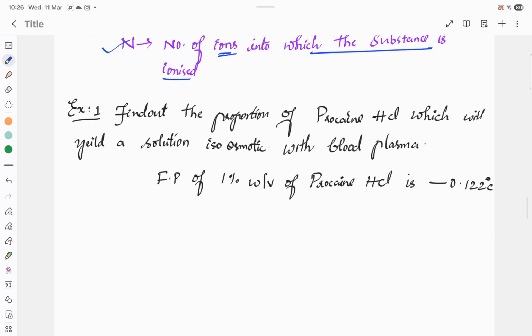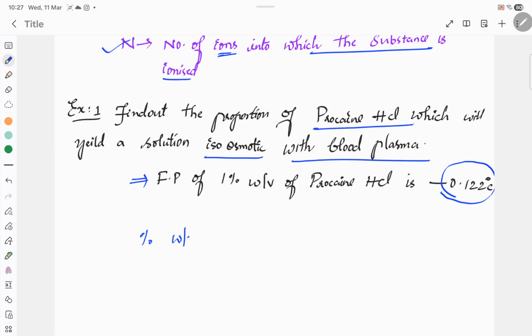So the first example is, find out the proportion of procaine hydrochloride which will yield a solution that is isoosmotic with the blood plasma, and in the problem itself it will be given what the freezing point is. So here the freezing point of procaine hydrochloride is minus 0.122 degrees centigrade. So you can go with the first method, that is the freezing point method, where the formula is 0.52 minus A divided by B. Okay, so here percentage weight by volume of procaine hydrochloride